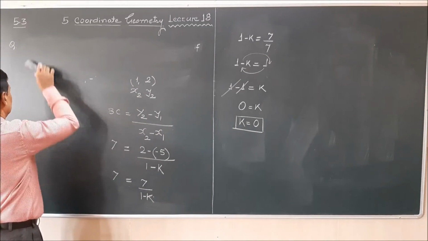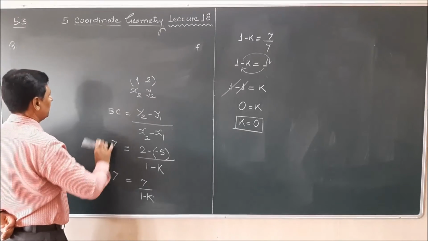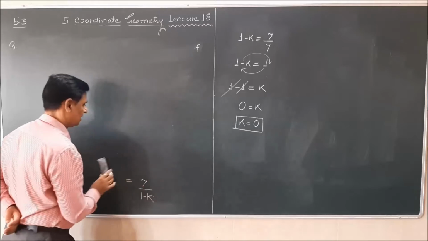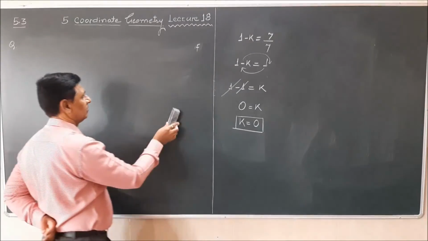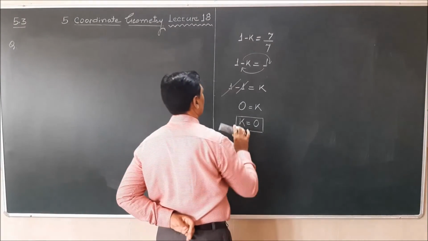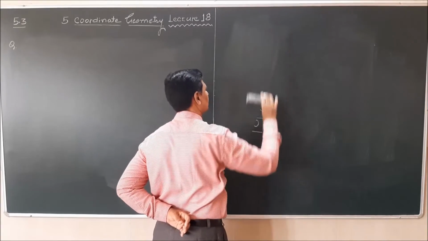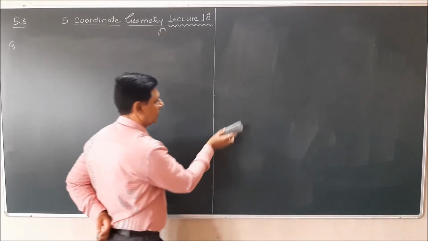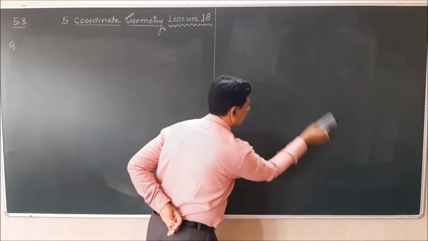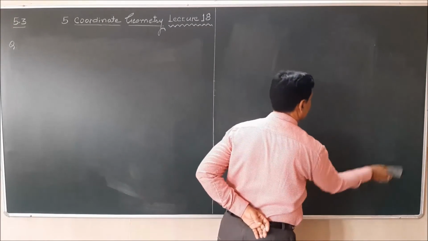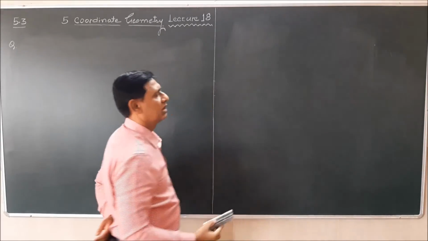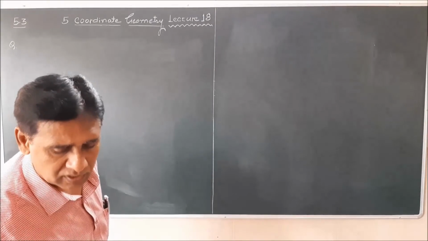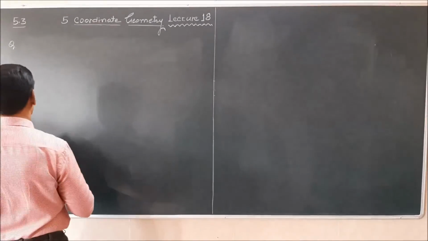In question number 8, there is a slight change compared to question number 7 and 6. Very slight change is there. Now in this case, they have given us 2 lines are parallel. Since you all know, when 2 lines are parallel, their slopes are always equal. If 2 lines are parallel, their slopes are equal. So, in question number 8, they have given us